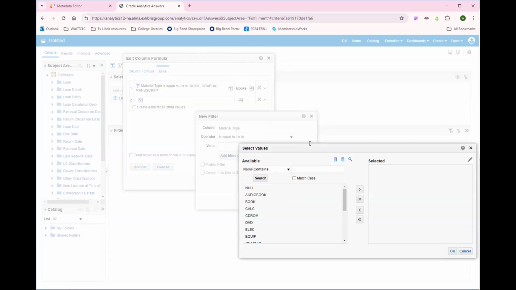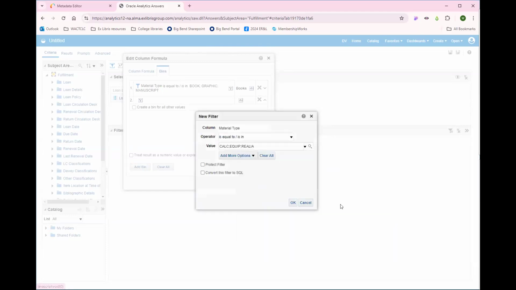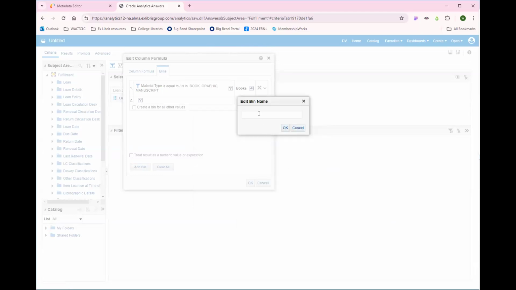Now we're going to search for equipment. So calculator and equipment and Realia. And we're going to call this